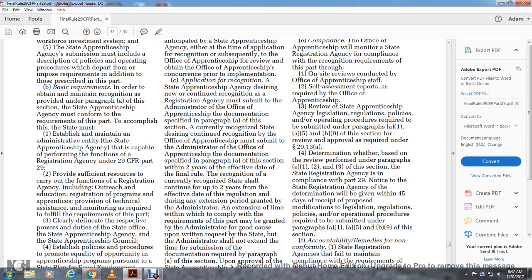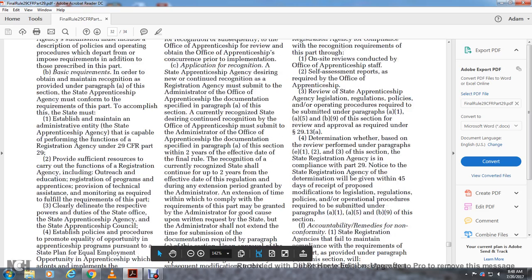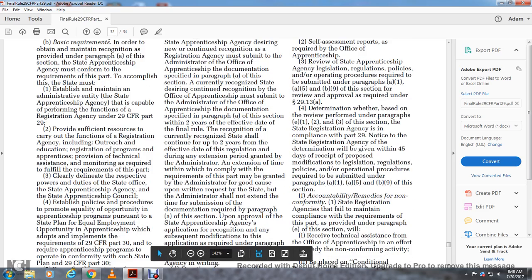The recognition of the currently recognized state shall continue for up to 2 years from the effective date of the regulation. During the extension of the period of the grant, an administrative extension of time to comply with the requirements of the part may be granted by the administrator for good cause upon written request of the state, but the administrator shall not exceed